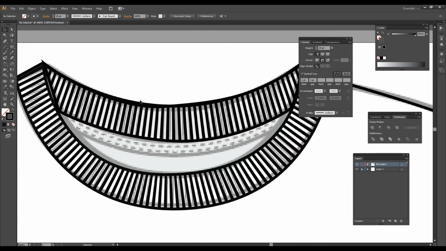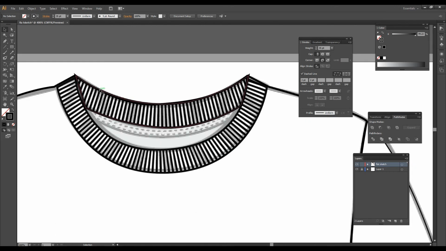Yes, okay. Now after making this, if any mistakes are there, we can also rectify through the direct selection tool. This corner we should check, this corner into the round corner. That's okay. Now we have to make the two stitch lines, and one more line is there. So just